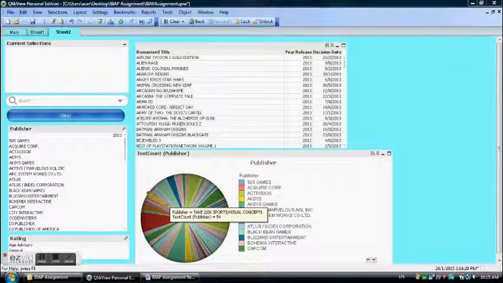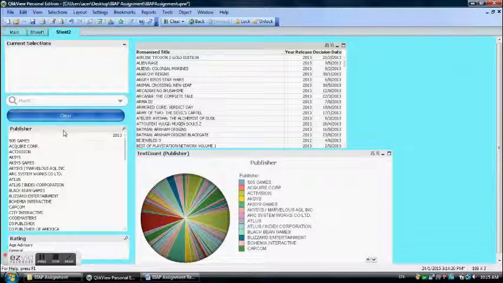Moving on to the third sheet of my spreadsheet, I have created a table list box of publishers, which allows us to see which publisher we wish to concern ourselves with. For example, in the table list there's a romanized title, year release, and decision date. If we look at the difference between the year release and the decision date, we are able to find out whether the games have a higher decision date to be published on,